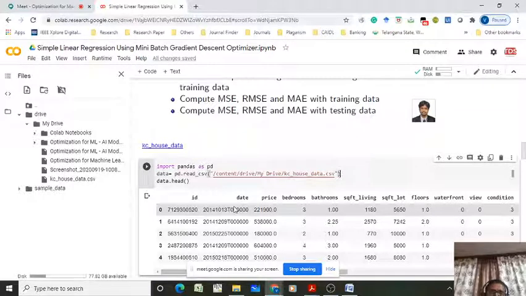Yeah. So the main thing is how the simple linear regression model works and how the optimizer works. It is common for all, but we have to tune the parameters. That is the important task. You have to tune the learning rate, the batch size, and the maximum number of iterations, so that you will get almost similar predicted output, not exactly equal, but at least near to the actual output.